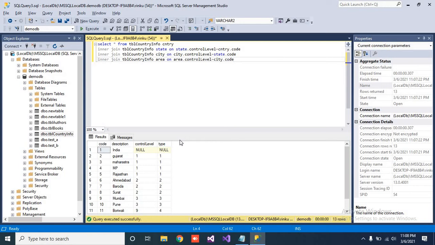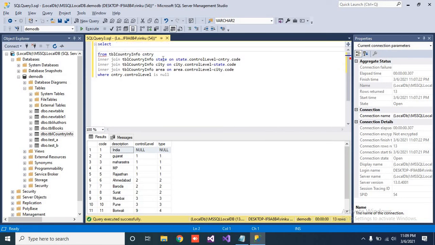So we have done that much, and we will put the condition to get the country name. Because the main table is country, so where country dot control level is null. Now we will select the columns according to our requirement. So first one is the country name, so country dot description as country, comma.